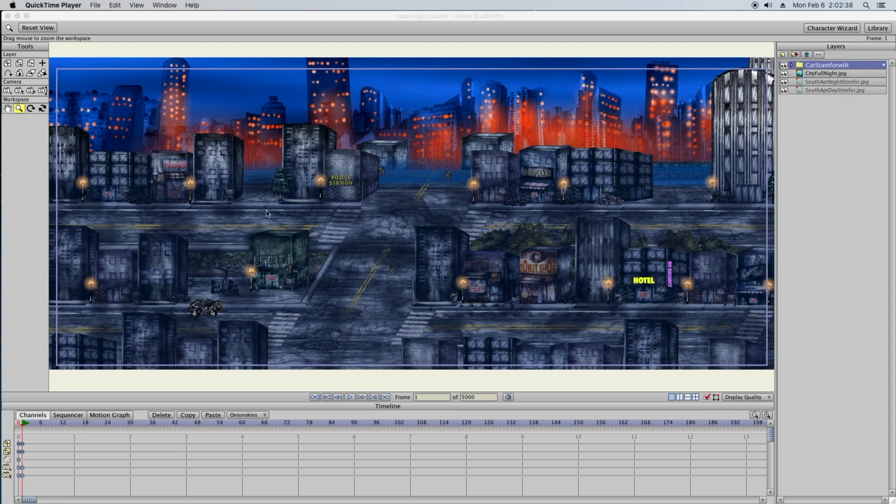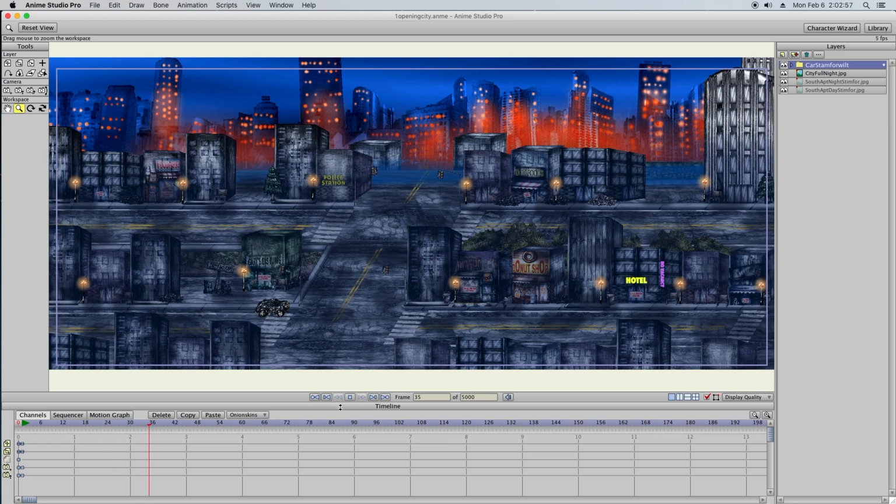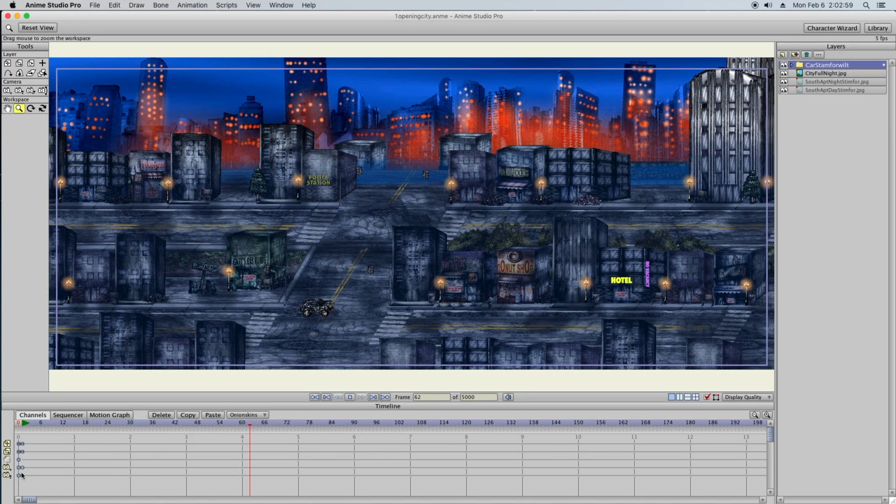Here I have the opening scene of the new film, currently titled Guest of Evil. And now, as I scroll through, I have this car. I need it to get to the right side and do a slow pan of the camera. So I have the camera set to a